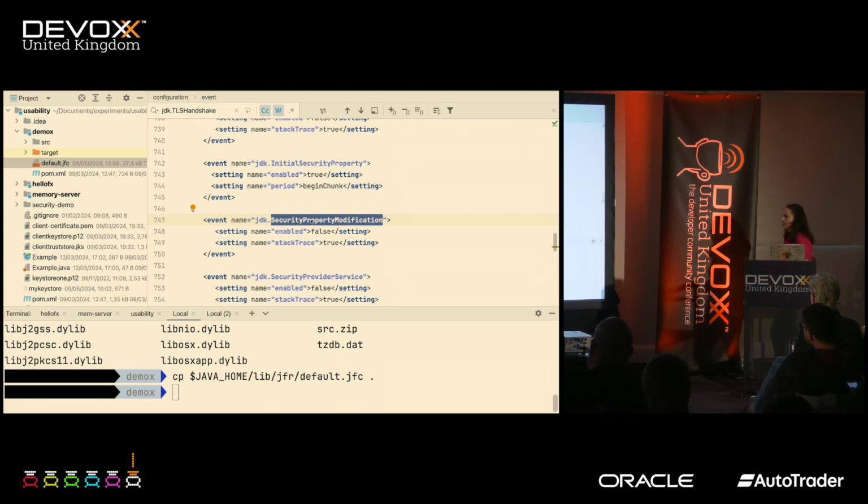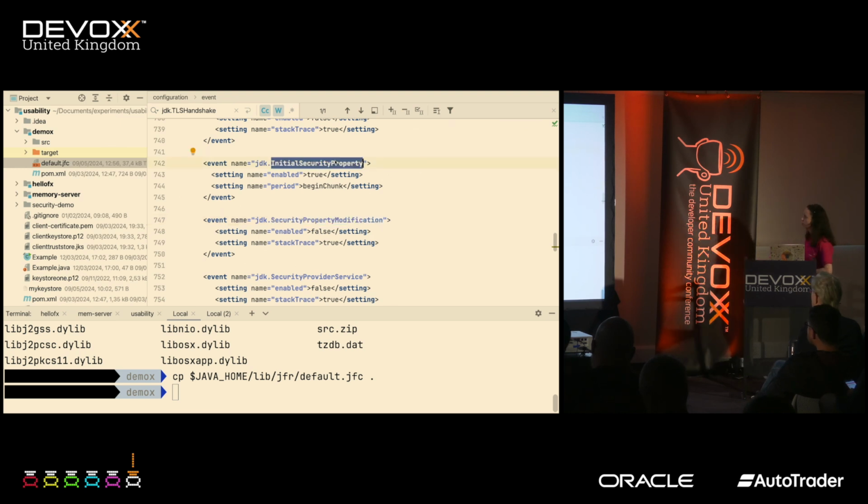However, folks looked a little bit at it and said, maybe if we're monitoring these events regarding the JVM and security of a Java application, it would be good to have a starting point for our Java applications as well, like to have the initial security property. So in JDK 20, the JDK initial security property became available, and is enabled by default. So it's the only security property that's enabled by default in the default.jfc and profile.jfc files.